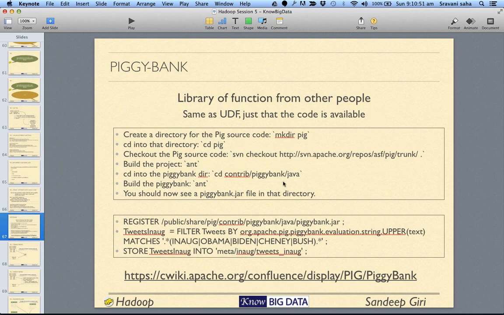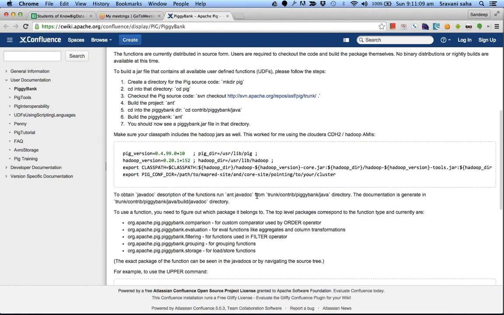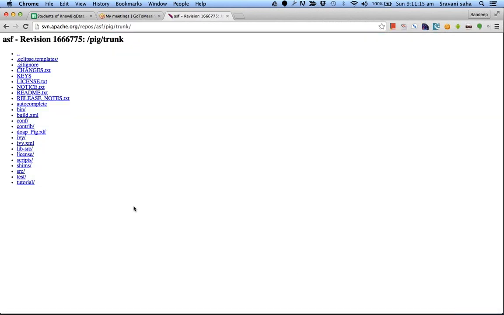All right. Now, whatever you are trying to do, there are chances that somebody else might have already done it. Have a look at the piggy bank. In the piggy bank, people keep on uploading their software, make it available over there, and then you can use that. The only catch here is,